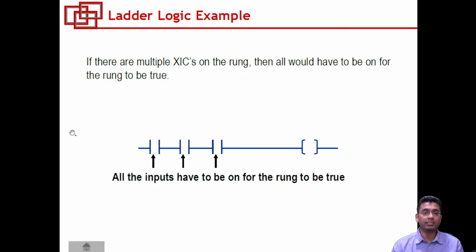So in that case, all these 3 XICs, for example, this would be the XIC for the first push button, this would be the XIC for the second push button, and this would be the XIC for the third push button. Okay, so when all these 3 conditions are true, only then your output will get energized. Okay, and hence this output will be connected to the bulb, for example, and these are the 3 push buttons. So when all these 3 push buttons are energized simultaneously, only then your output will energize. Fine.